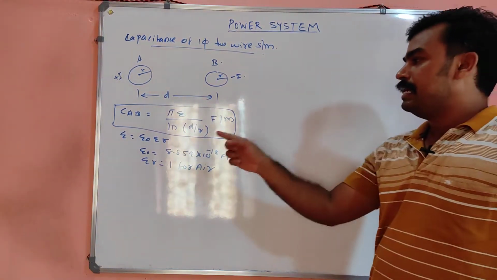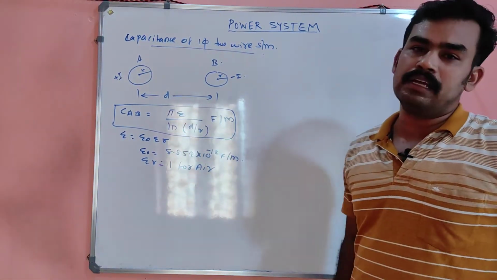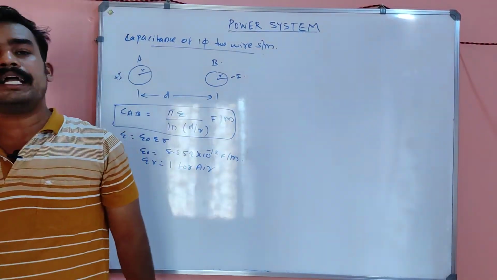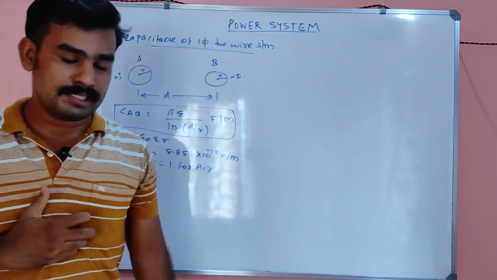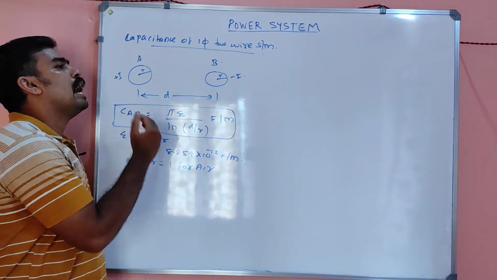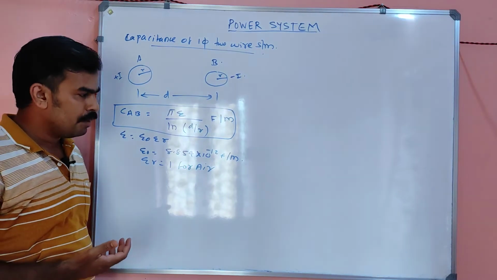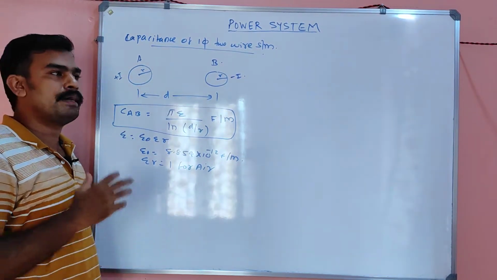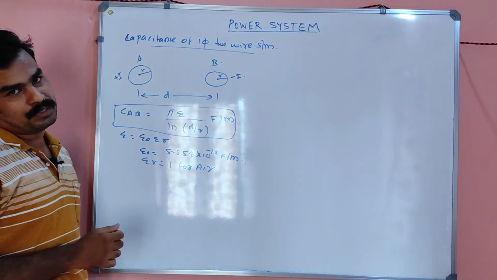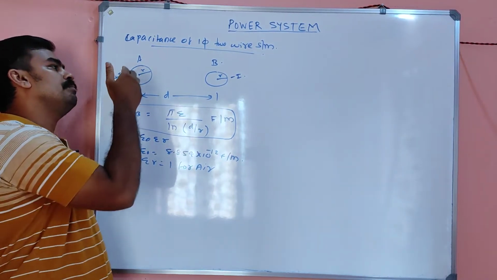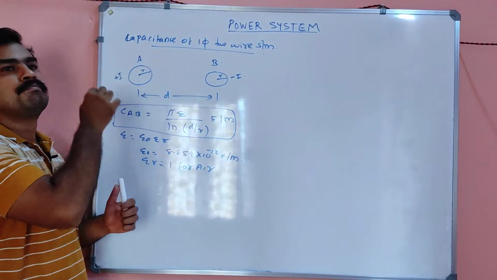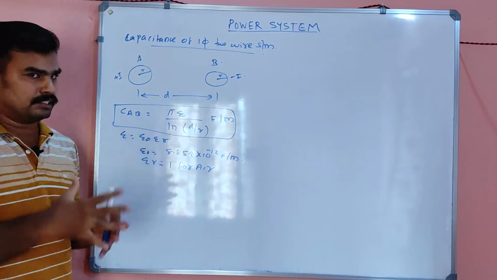You have to note one important fact here. In the denominator it is ln d by r only, I didn't take r dash. Why? Because in the inductance calculation I took d by r dash, the effective radius, into consideration. But here it is ln d by r only. Why? Because capacitance is associated with the charges. In the conductor, at the periphery only, charges will be distributed. But in the case of inductance, the magnetic field will be inside the conductor also, there will be some magnetic field. So there will not be simply R where the magnetism will exist, but